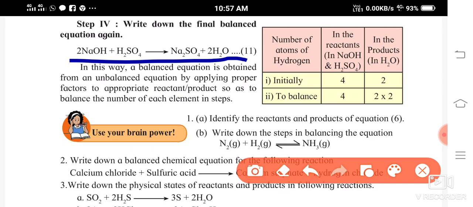Yes, so hope you have understood this. Go through this video again and again till you understand. This is very important because from the point of view of examinations you get an equation to balance. So you can take some of the equations from this chapter and try to balance them. As much as you practice, you are going to become perfect in this. So let us continue in the next video.